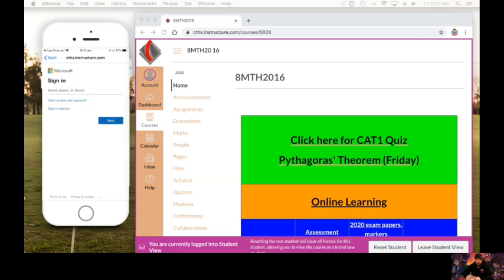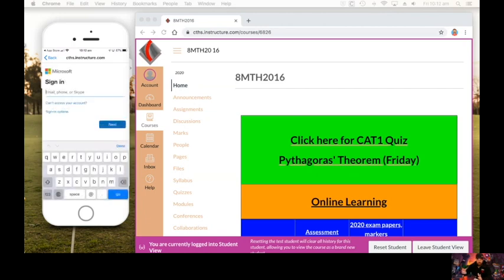When you get to this screen, it's going to ask for your email address, phone or Skype. This is where you put your @education email. So I'll put one in there. I'm going to make up a student, pretend a student. Let's go Tony Stark from the Avengers, Iron Man. So we're just going to go Tony.Stark